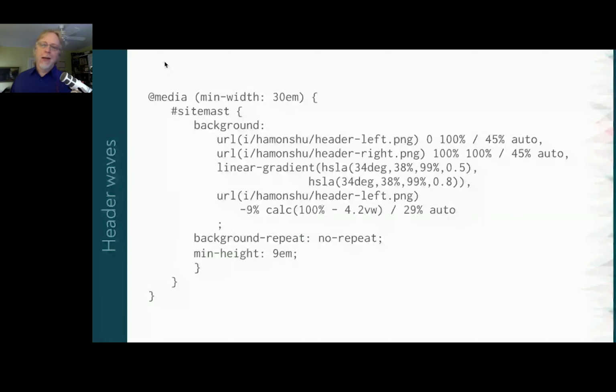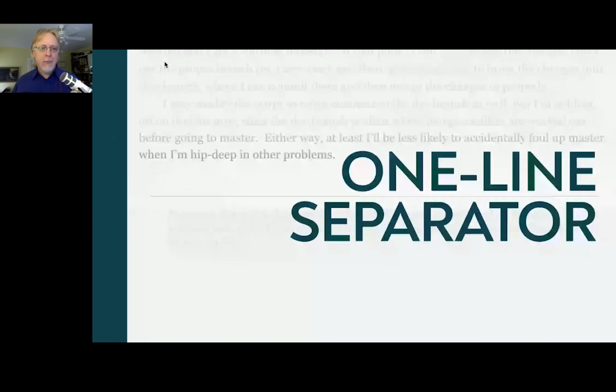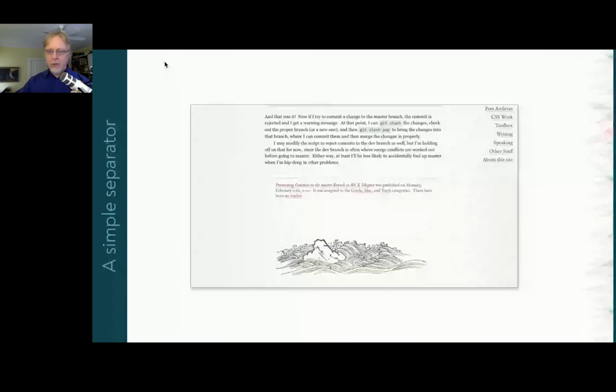which is why I like designing that way. But I've been talking about these backgrounds and these techniques that have been all complicated and stuff, but backgrounds don't have to be this complicated. With just a line or two, you can create really nice separators. So as an example, see that line there between the text and the sort of metadata, the colophon, if you will, of this post. It looks like a horizontal rule maybe, but it's not.